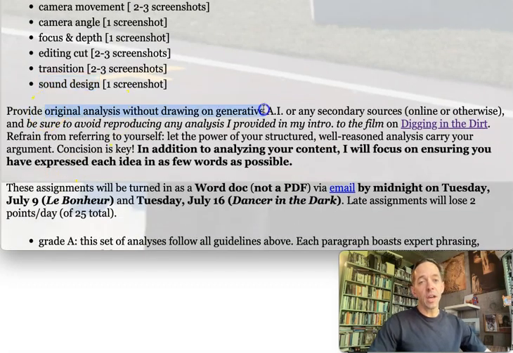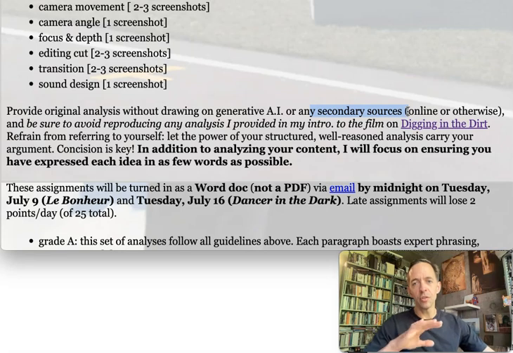Original analysis: I think this should go without saying, but don't use generative AI. I confronted a number of in-person students about this, and there were consequences. You don't want to fail a class because you're using generative AI. So I encourage you, write your own material. I do not want any secondary sources used at all.